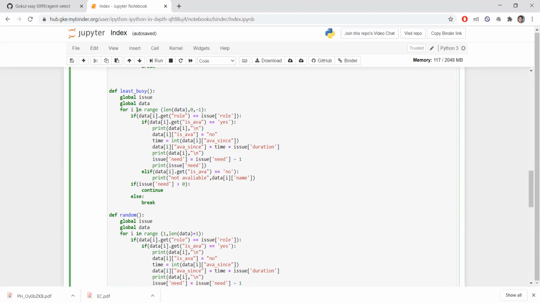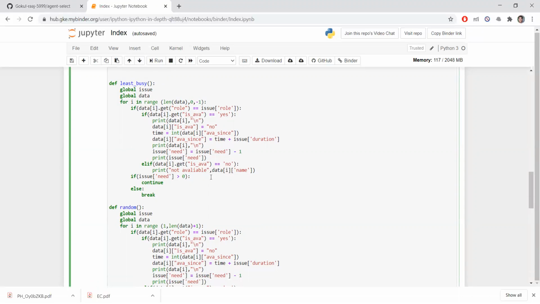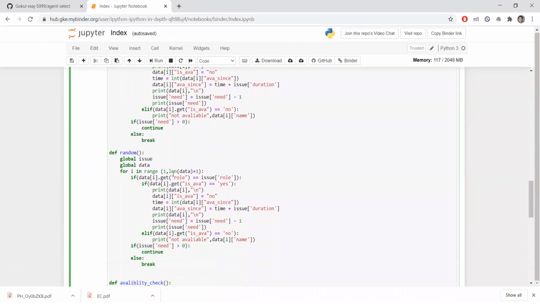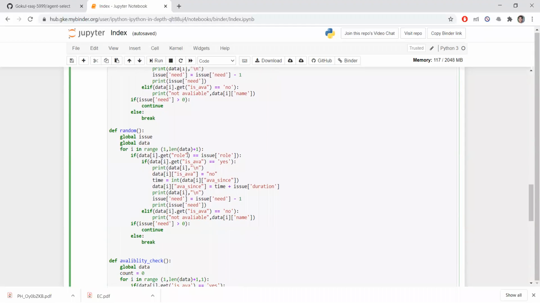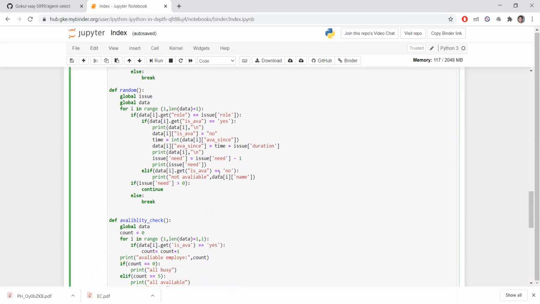So we can see here a for loop runs from last to zero of the list. This is a condition given in the question. And then random, this is also given in the question. Random is a random check of employee details. So employee selection, I have done it from first to last. This is not a problem.